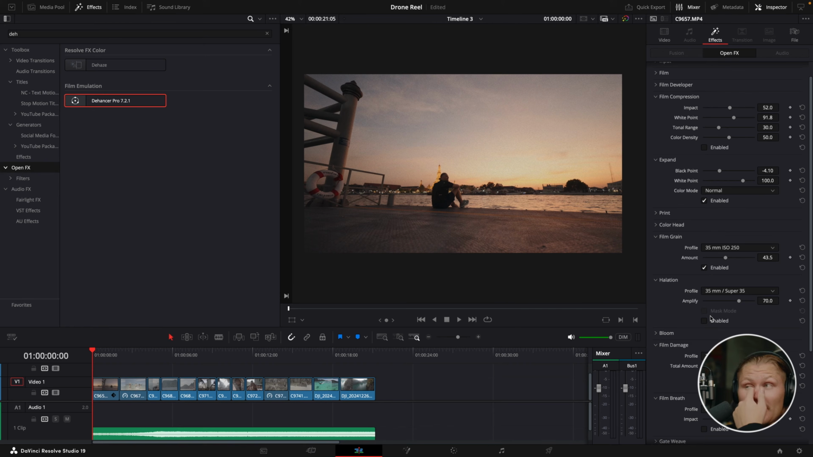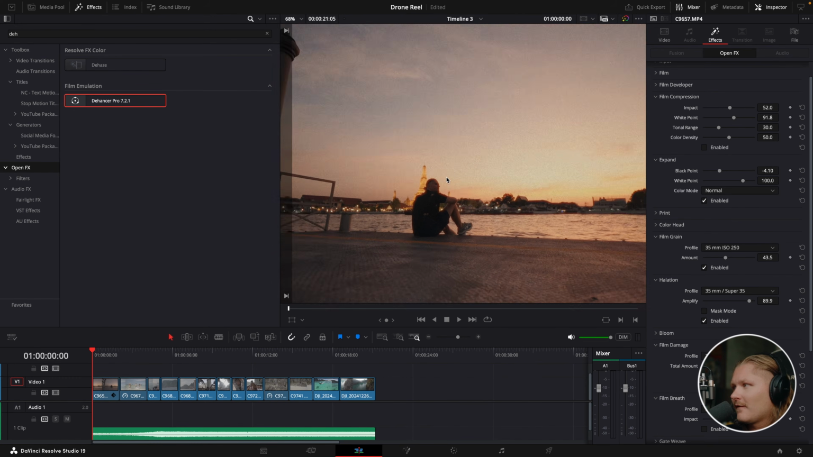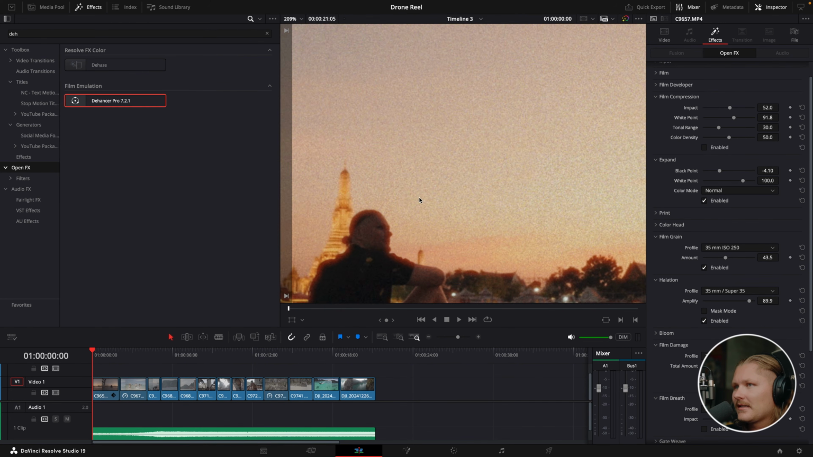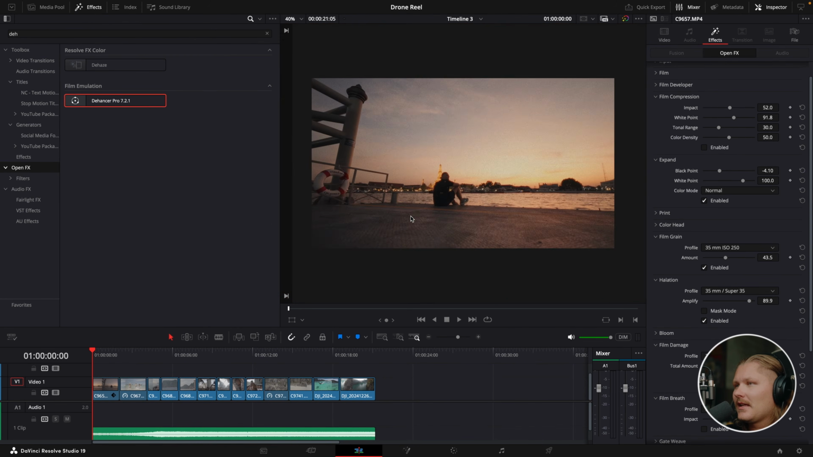And then of course you can't go without halation. Halation is very popular right now within the film world, so I'm going to turn on that halation, and I'm actually going to turn it up a little bit more. You guys can see that there's a little glow effect now around the highlights right here, really emulating that